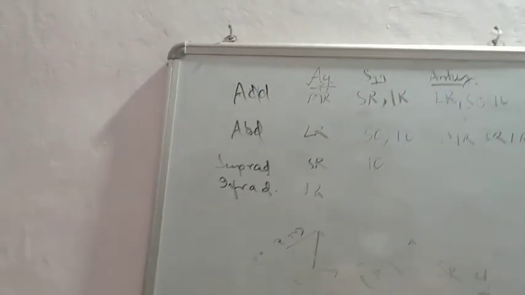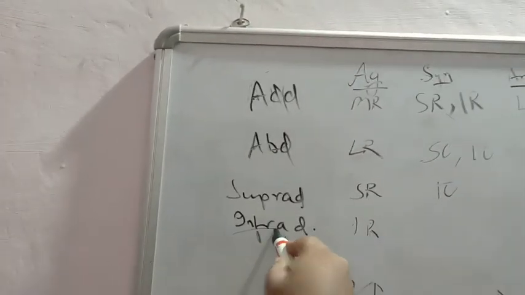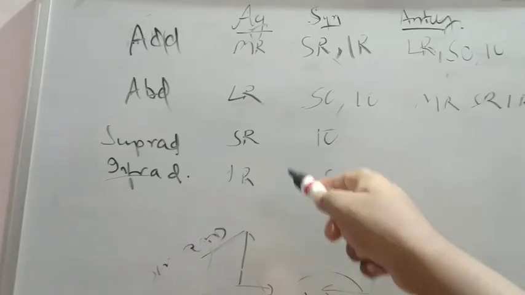Similarly, infraadduction. Who is the synergist? Forget about the adduction part. Focus on the infra. Who will do depression? Depression is by superior oblique, isn't it? Now antagonist, the opposite. Supraduction, superior rectus will obviously be opposed by inferior rectus. And inferior oblique will be opposed by superior oblique. Similarly, inferior rectus will be opposed by superior rectus and superior oblique will be opposed by inferior oblique.